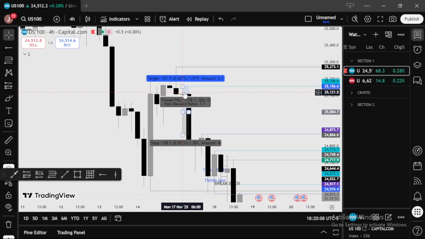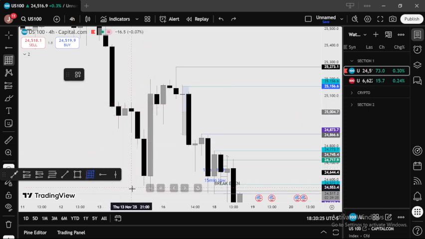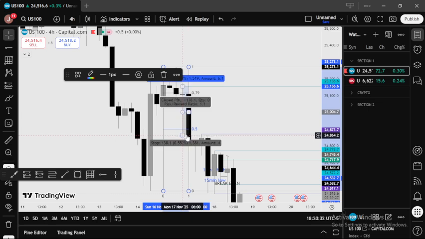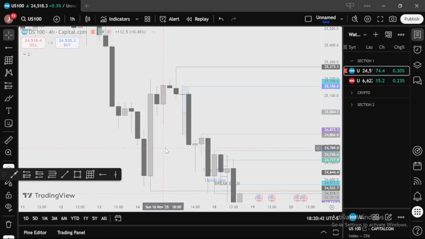By the way, I really did want to hold up until this area, but there's a reason why I didn't. So I'll just show you right now. But that was my draw on liquidity on the 4 hour, and also I was bullish because we had broken structure on the 4 hour, and we basically came off equilibrium. We did get into equilibrium to retest that for bullish bias. So then dropping onto the 1 hour,